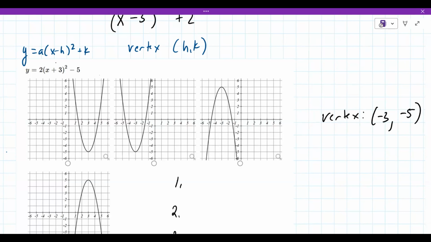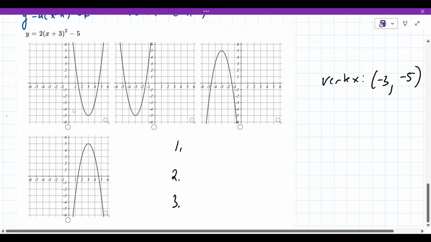Let me write that down really quick. a(x minus h) squared plus k. And then the vertex is (h, k). And h is always going to be the opposite of what's in the parentheses right there. That's the best way to remember it, I've found. Okay, so in this case it would be -3, -5. Yes. You'll notice only one of these graphs actually has that. But here are the transformations: left 3,